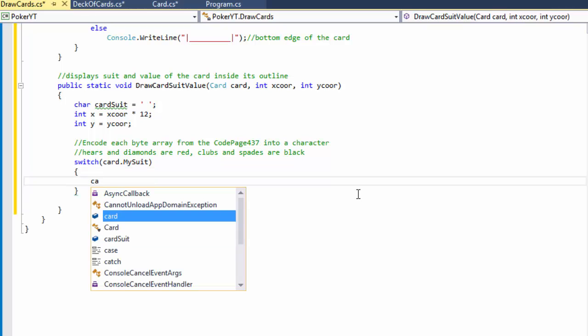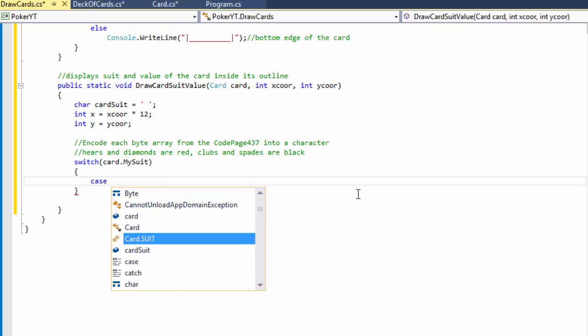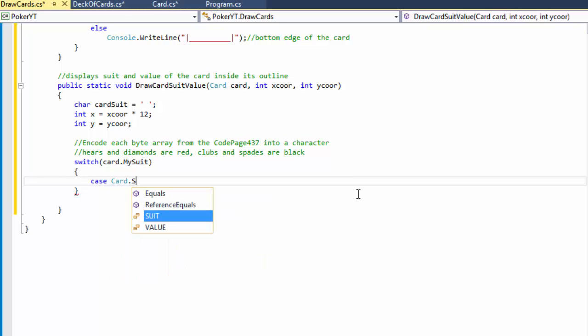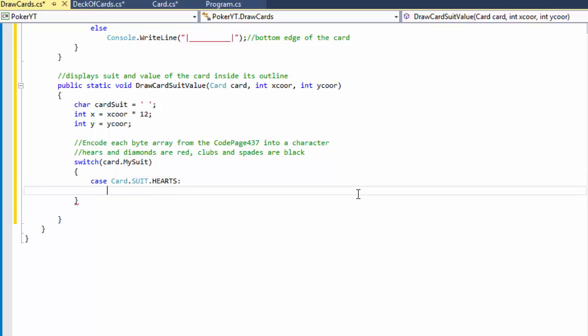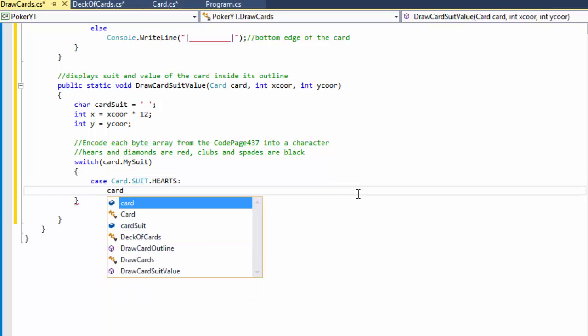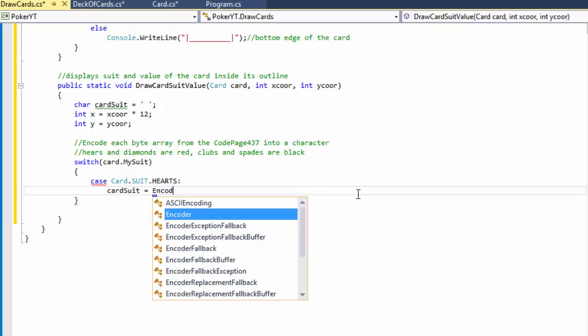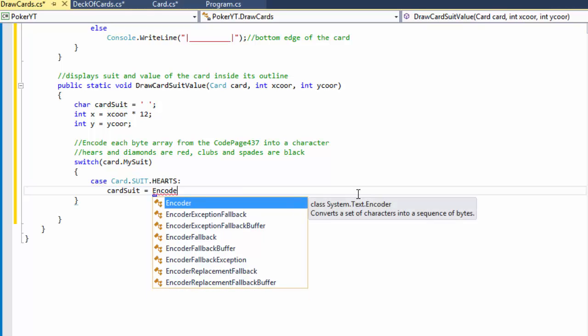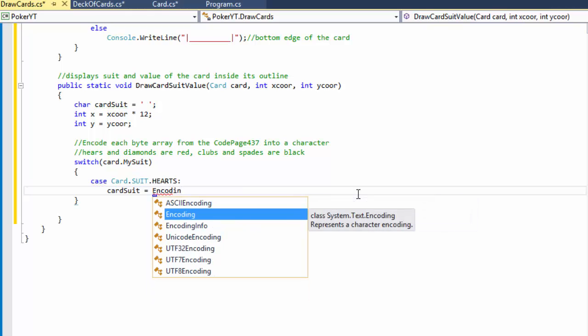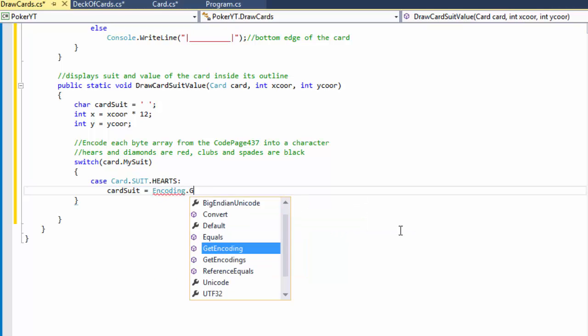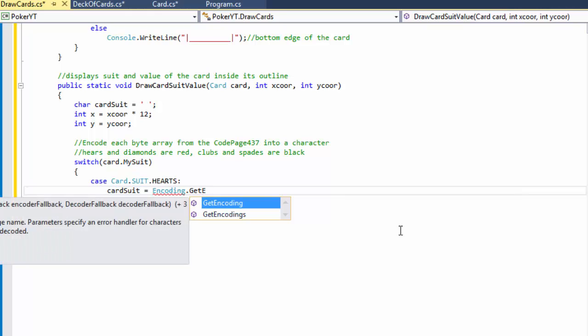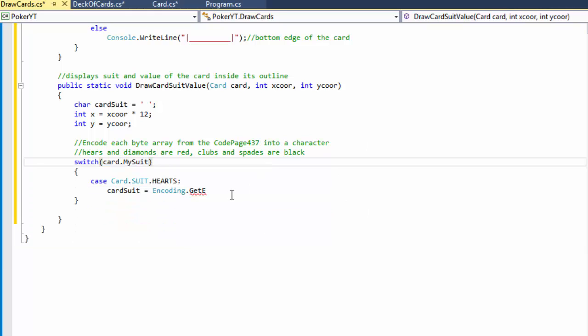And if the case is the suit of hearts, then we will display the card suit equals, and for the encoding there is actually a keyword called Encoding, and you can see that it represents a character encoding, and we will get encoding,